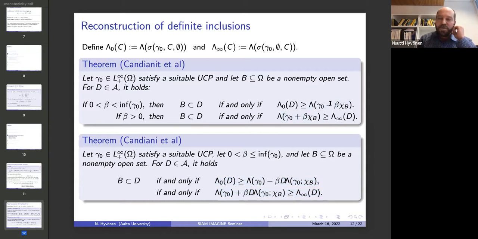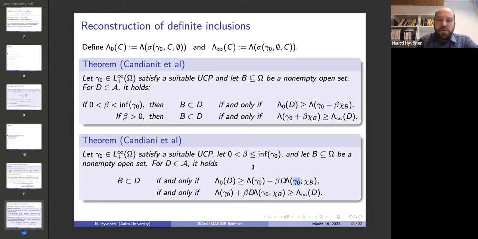I don't subtract beta inside the argument of lambda, but I multiply by the corresponding Fréchet derivative, and still I have if and only if conditions. And these are numerically easier to implement because I only need to compute this derivative for one conductivity, not for multiple conductivities. But these ideas for non-ideally conducting or insulating inclusions were introduced already by Harrach and Ullrich,